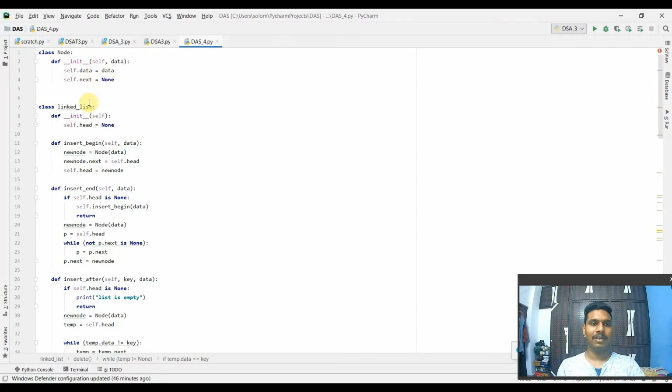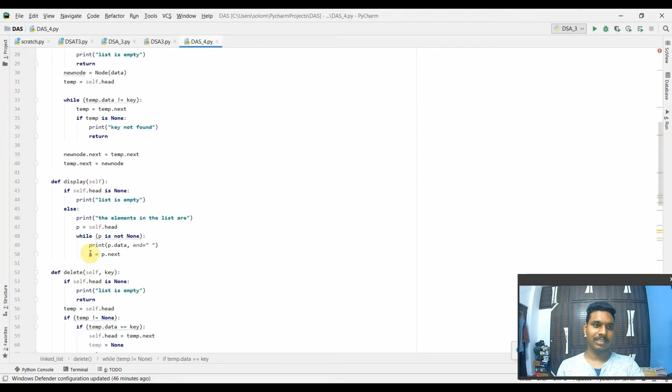We are checking whether the next node is None or not. Then we construct a class LinkedList. We need three main methods here: insert_begin, insert_end and insert_after, and two more methods, display and